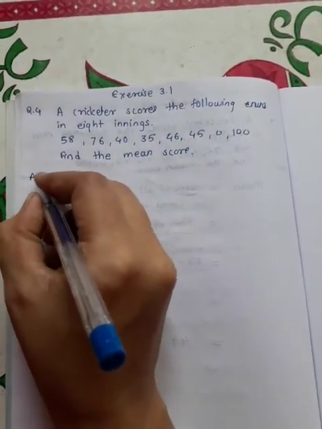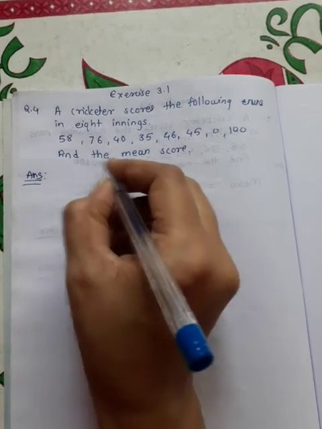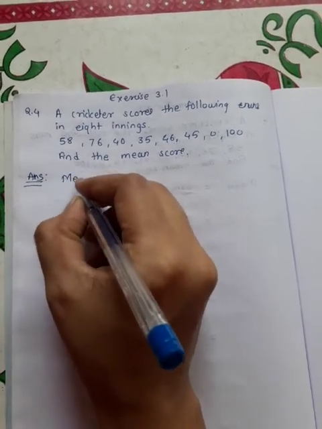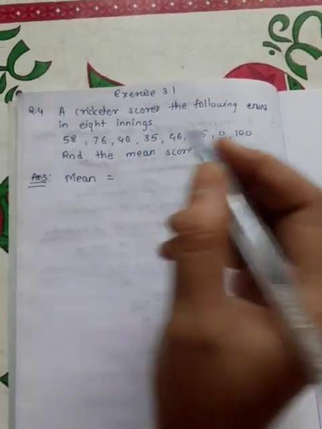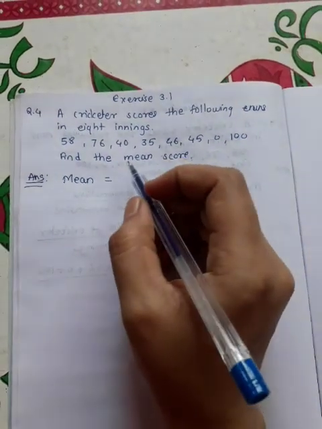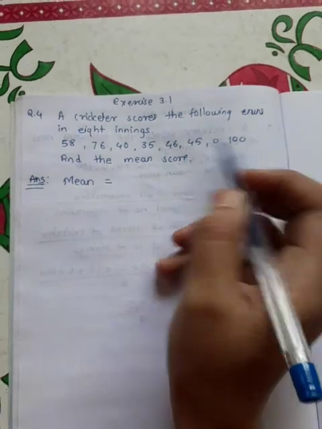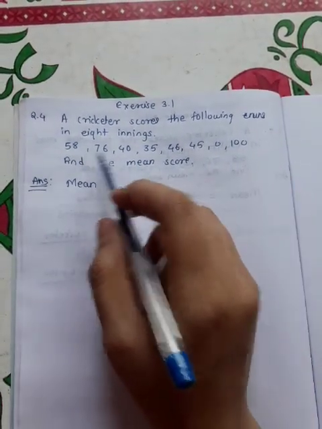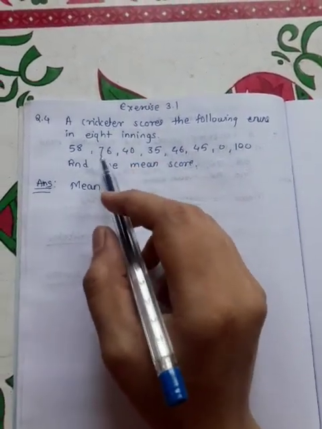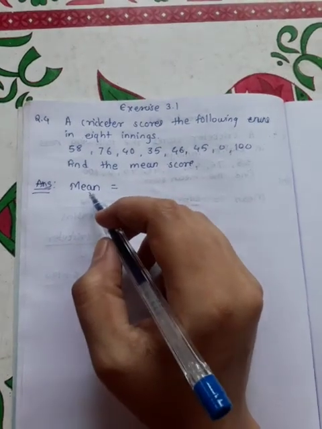So this is a very easy question. We have to find the mean score, means mean, or arithmetic mean. So see, the data is the scores of the cricketer in 8 innings. Okay, so to find the mean score,